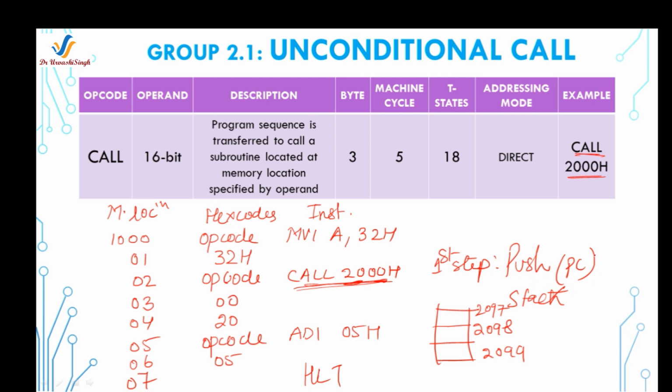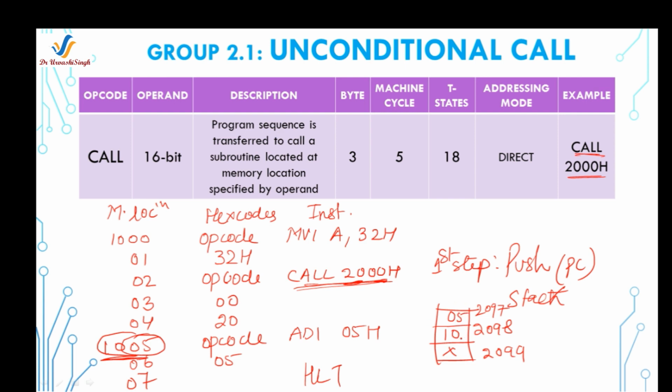So pushing the program counter value: the program counter is showing the memory location of the next instruction, which is 1005. So this memory location will be pushed onto the stack, first the higher byte, that is the 10, and then the lower byte.